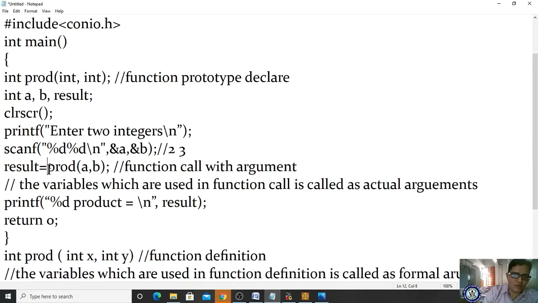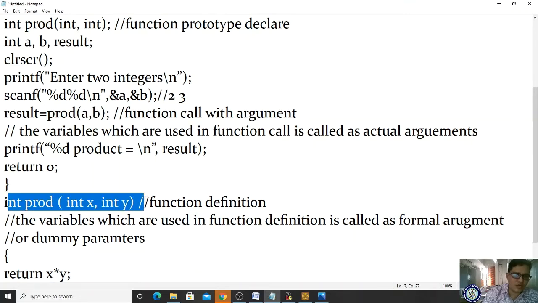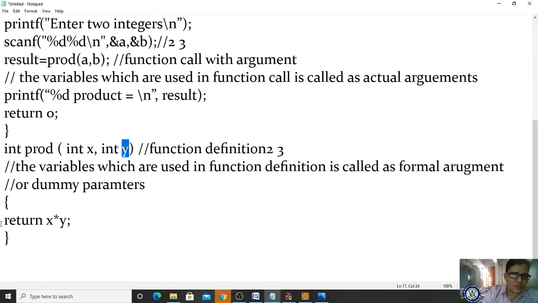Whenever the function is called, it goes to the function body, that is the function definition, right? Here int x comma y is there, x is placed with 2 and y is placed with 3. Got it? Yes, x is the dummy variable of original variable a, y is the dummy variable of original variable b. Whatever the values a, b have will be copied into x comma y. So what is the value of x? It is 2. What is the value of y? 3. So what is the expression we are doing? Returning x into y.